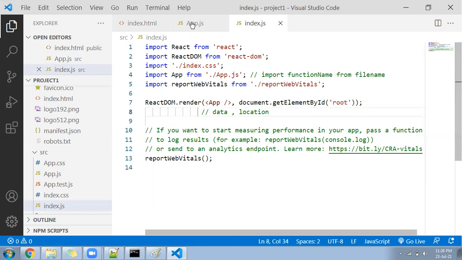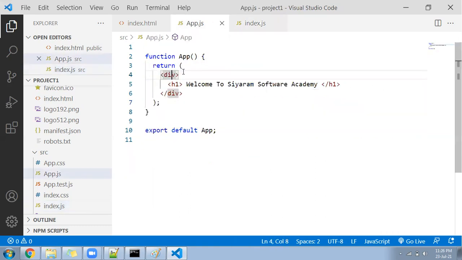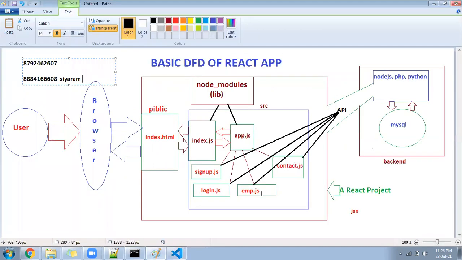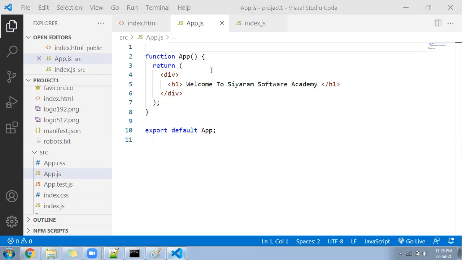Now I'll come to the app directly. Inside the app, it is written here, import app. That is all fine, there is no problem. But I will suggest, in every component, as we discussed in the beginning, as per the photo, we discussed contact, EMP, login, sign up. These all are called components, right? We discussed the same thing, no? So look at here, we have a file called app.js. So what is the app.js? App.js file is a component. Okay, so what you can see inside the component, see, function we have learned in JavaScript like this only, no?